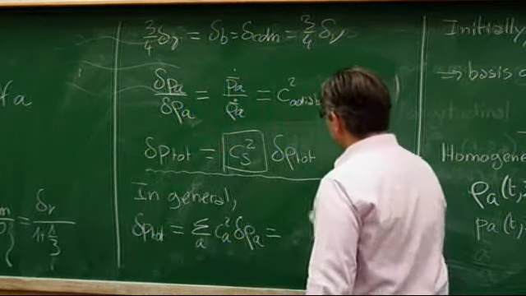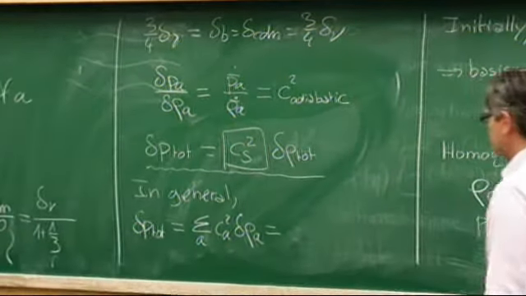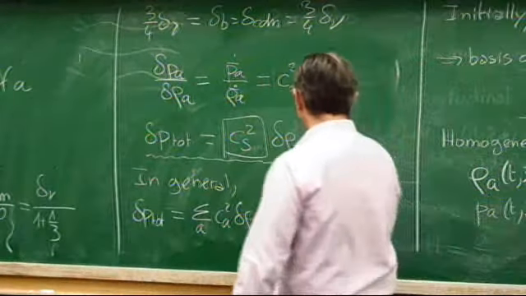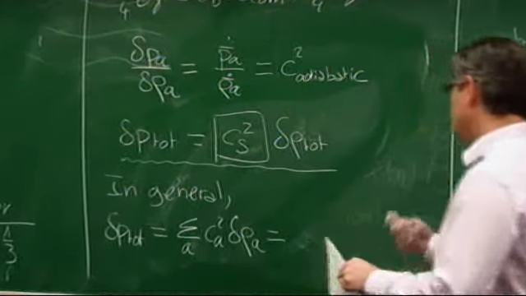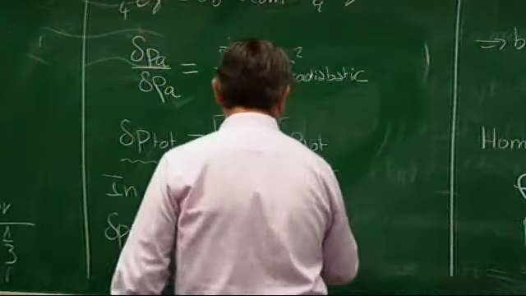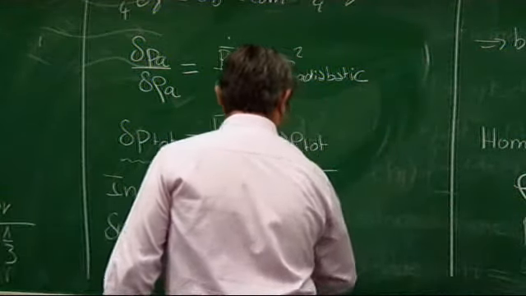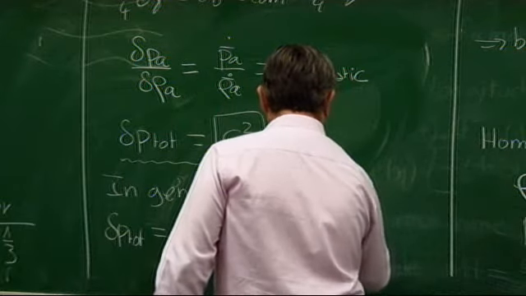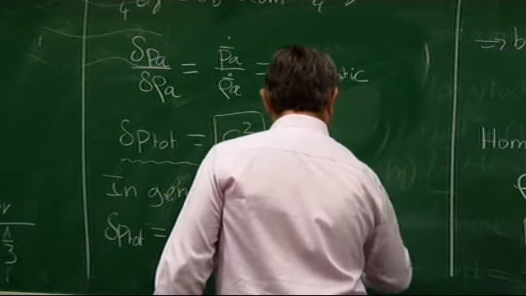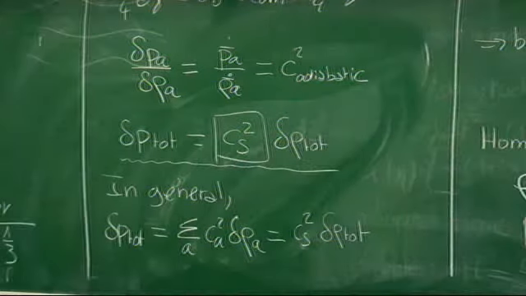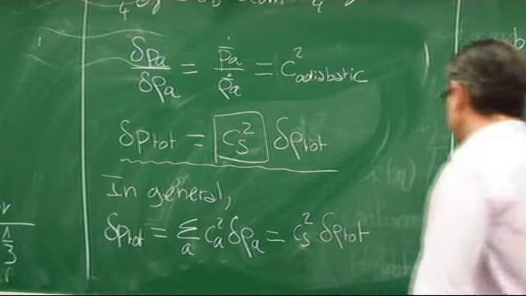And you cannot reduce this to this form. If you try to have delta rho tot appearing, you can always do it. You can always rearrange the terms in such a way that you will get here the sound speed squared times delta rho tot. But then you will be left with n minus 1 other terms